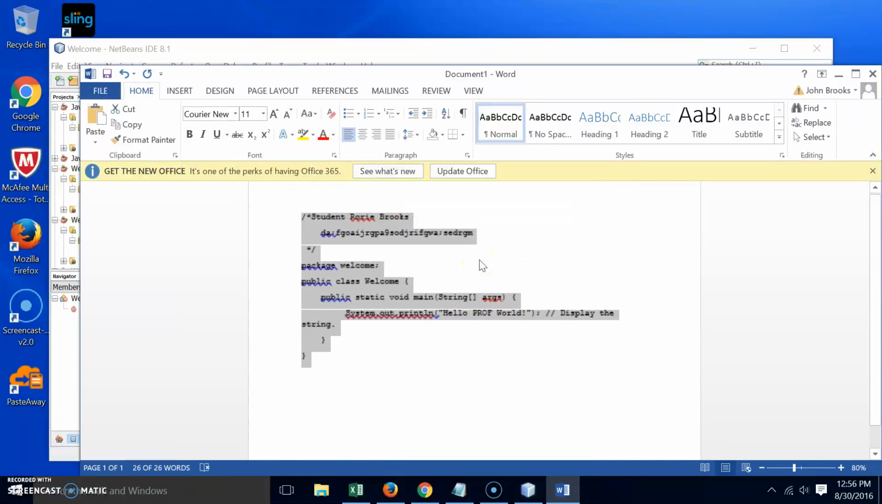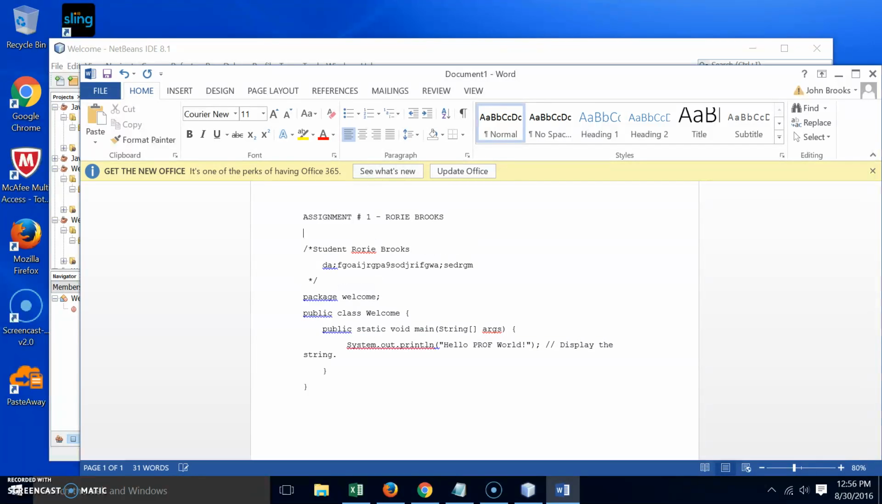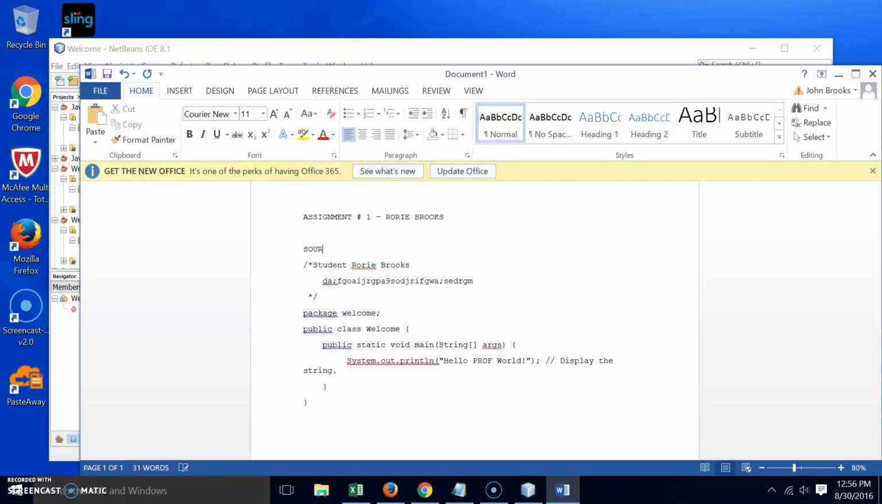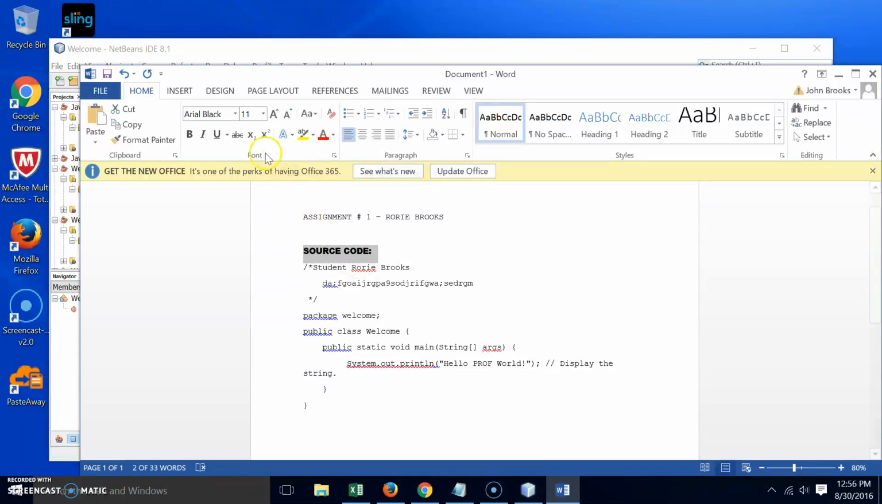That's real small right now. And you can put in here like assignment number 1, Rory Brooks, and then you can say source code. Always subtitle your work. That's what I nail my students for, is just always subtitle your work. And then you can come over here and you can really do all this on one page. Put output. And then you can do your screenshot like I showed you earlier of